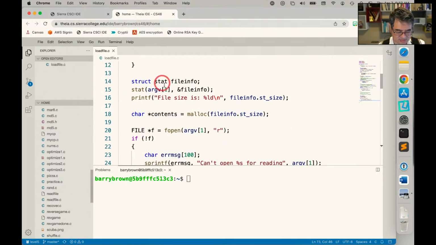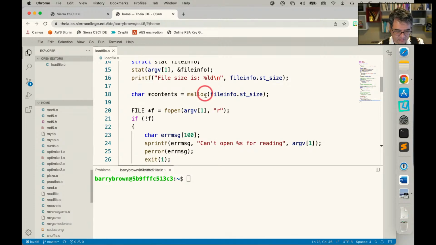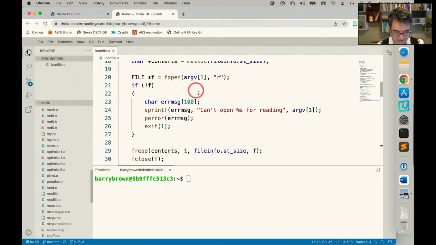Then we use the stat function right here to get information about the file. And the one thing we're interested in mostly is the size of the file, which we get from the st_size field of the stat structure. Once we have the file size, we're able to use malloc and just allocate that much memory for the file. Then we open the file,